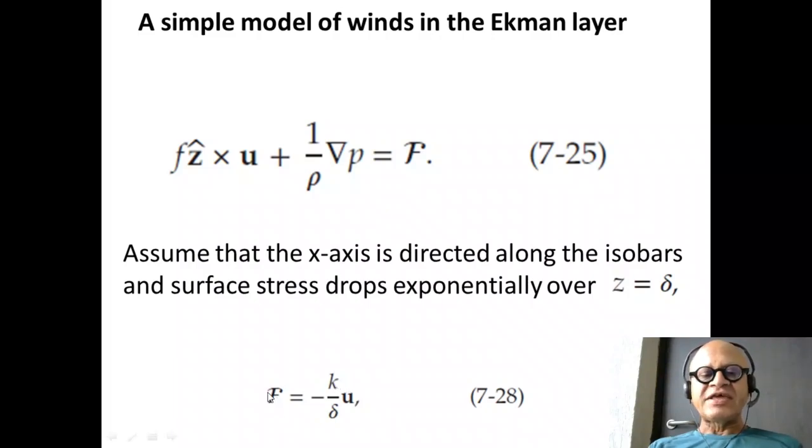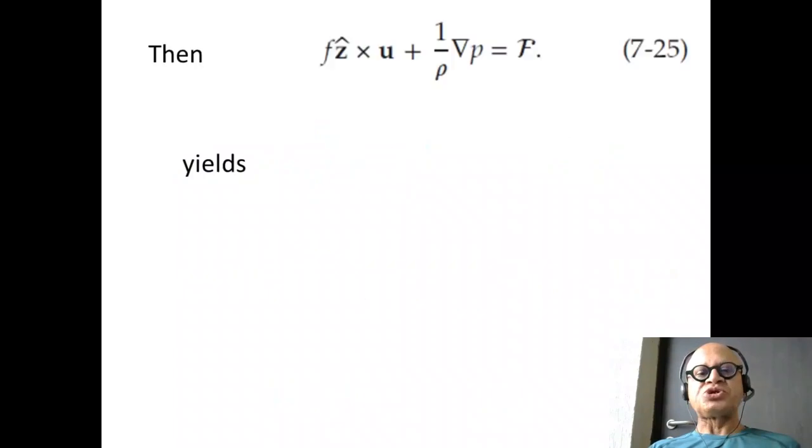Nonetheless, let's write friction as a simple drag coefficient divided by the height of this boundary layer we are defining times u. So friction is proportional to the velocity, as we can expect, and it's proportional to the drag coefficient of the surface property that's being used here, and the boundary layer height. It's minus k over delta u because friction is always in the opposite direction to the direction of motion u,